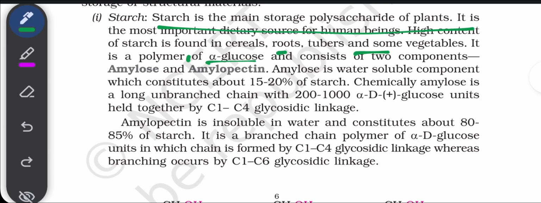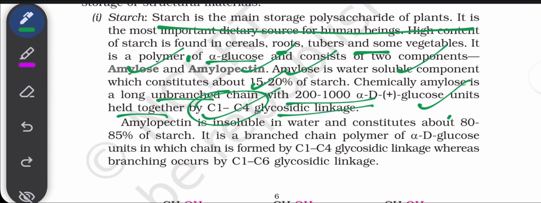It is a polymer of alpha glucose and consists of two components, amylose and amylopectin. Amylose is water soluble, which constitutes about 15 to 20% of starch. Chemically, amylose is a long, unbranched chain with 200 to 1000 alpha D glucose units held together by C1C4 glycosidic linkage. C1C4. Okay, it is present in amylose,